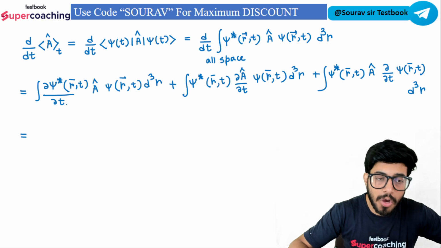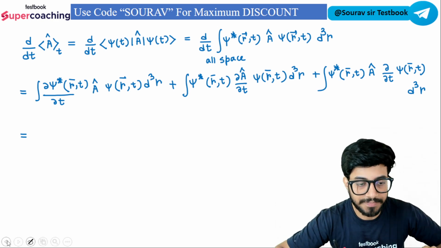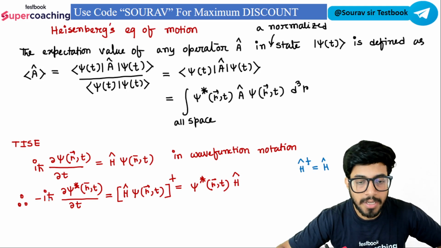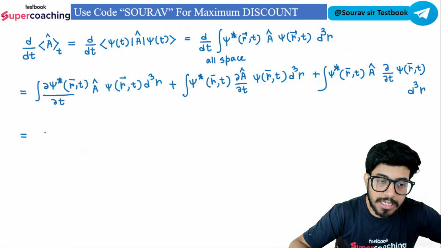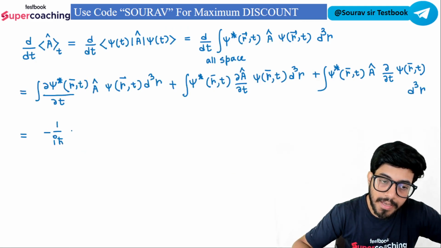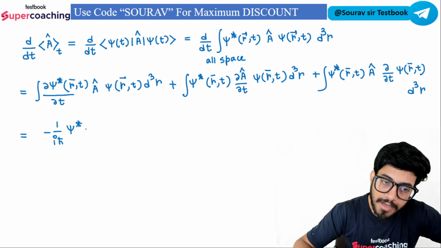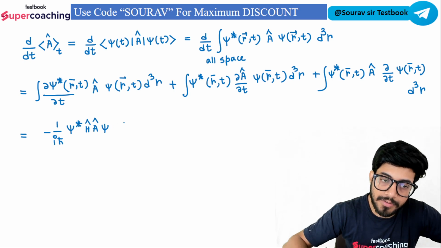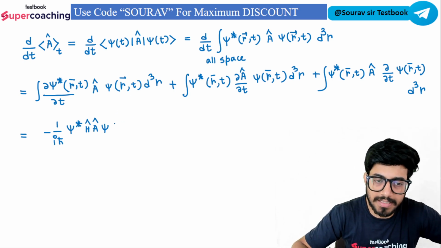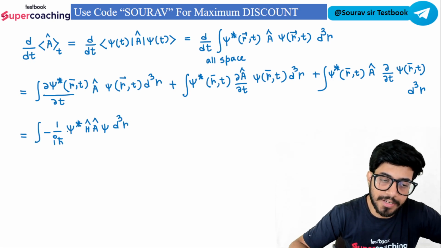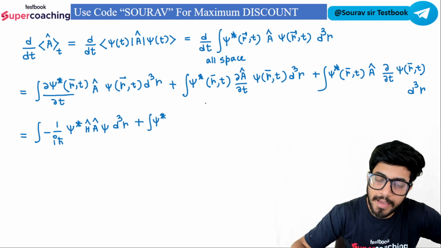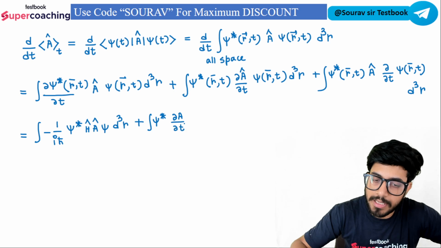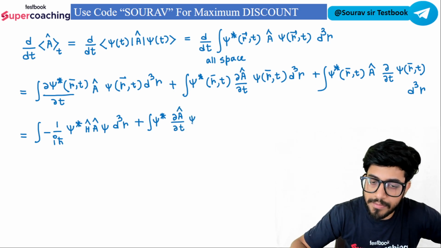Now you can tell me what to write in place of partial differentiation of psi star. Partial differentiation of psi star can be written as negative of 1 by i h cut psi star H cap. So negative of 1 divided by i h cut, I can write here simply psi star H cap A cap psi into d cube r. Of course, I'm just not writing this function; you know that it is this into d cube r integration. Plus here I can write integration psi star partial differentiation of A with respect to t and then psi into d cube r,